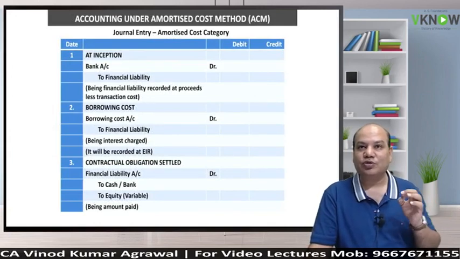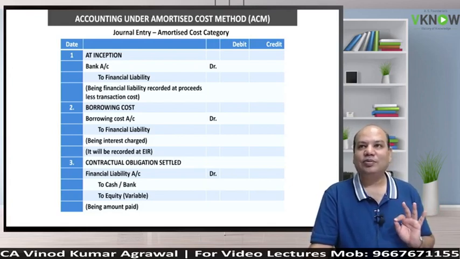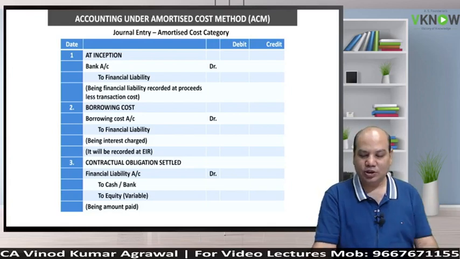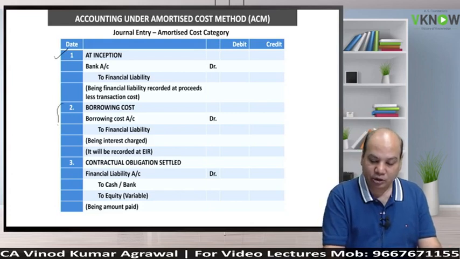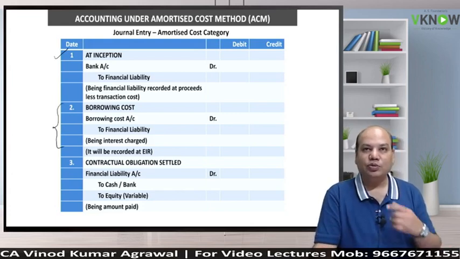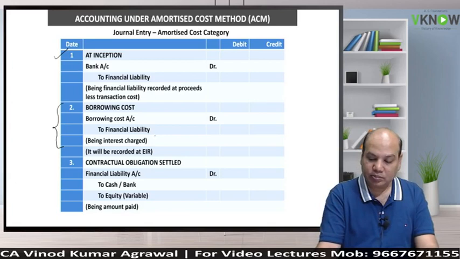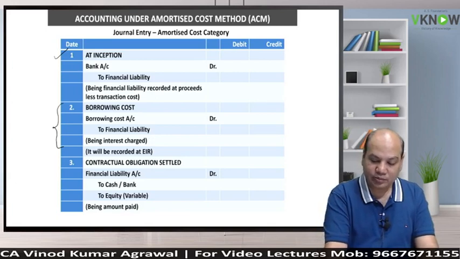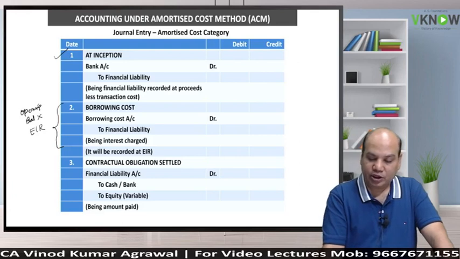If it is an amortized cost liability, I will not change the carrying amount. I will take the initial inception entry, bank to financial liability. Then if it is a long-term instrument, I will calculate borrowing cost or finance cost by multiplying the opening balance into the effective interest rate. By multiplying the opening balance into the effective interest rate, the entry will be borrowing cost account